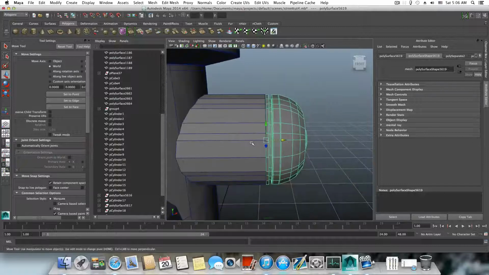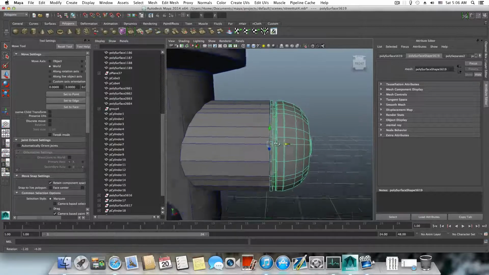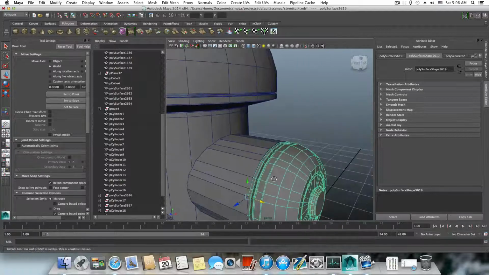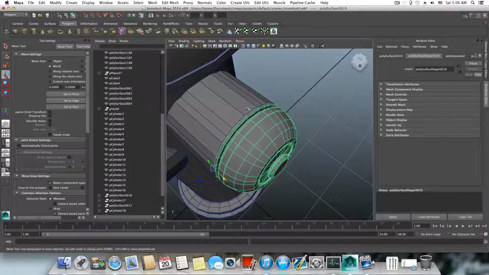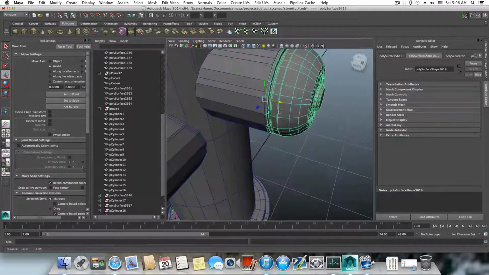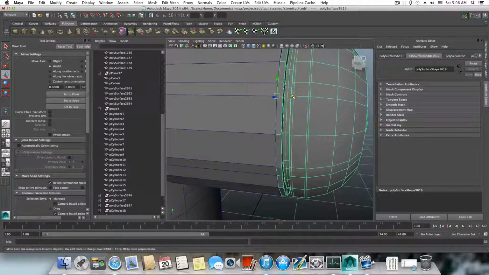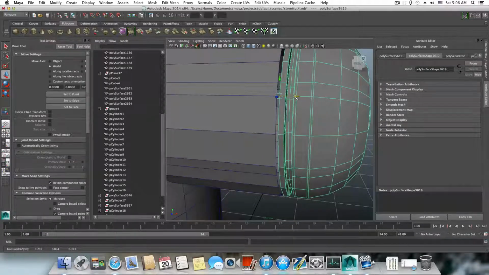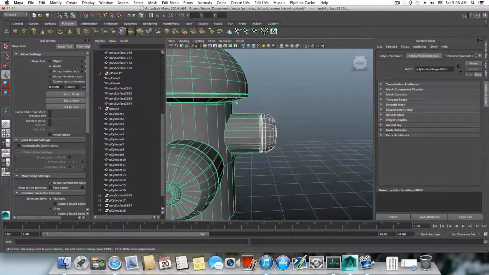Not sure it fits correctly, but maybe let's make a check. We have a line to each one of those, and basically this is what I'm trying to achieve here, but I didn't snap it correctly, or did I? Never mind, let's just grab them both, mesh, combine,